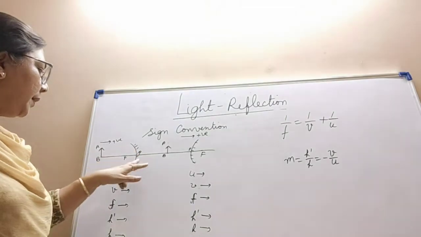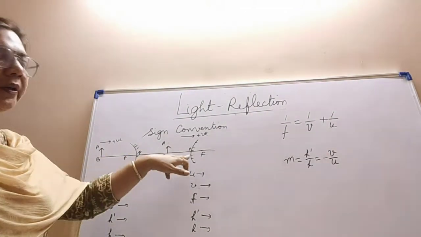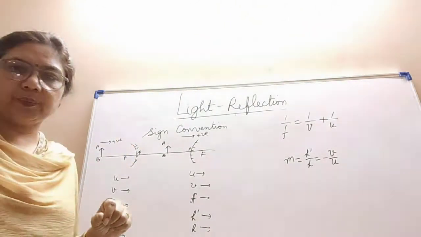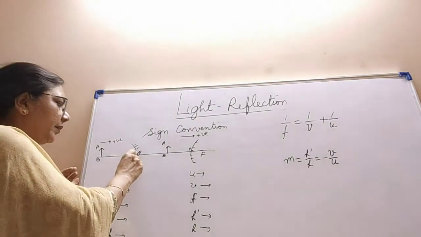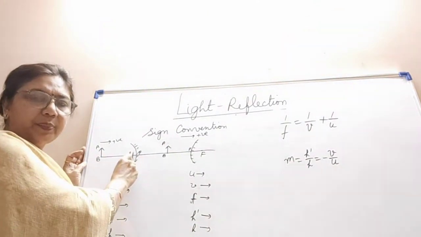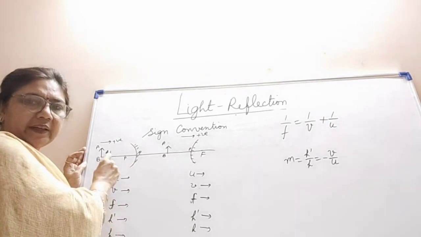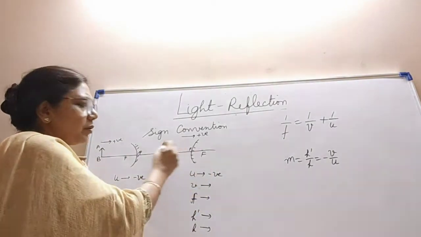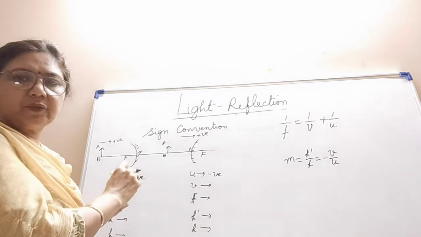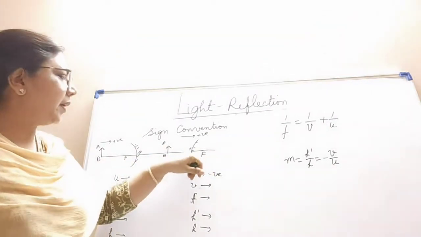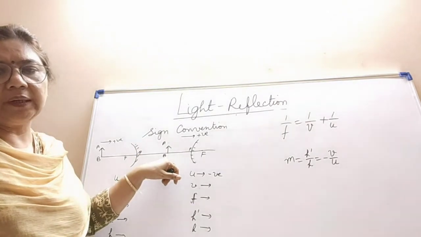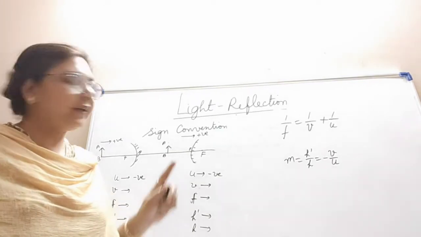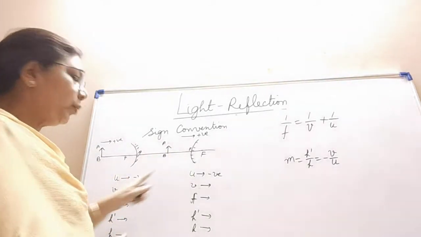Now I have made here a concave and a convex mirror. For the concave mirror, u means the distance of the object. When we take the distance of the object, we have to start from P. In which direction do we have to move? Negative direction. So u will be negative, always. In this case also, the direction of the incident ray is from left to right, and to measure the distance of the object we have to move from right to left. Remember, you have to assume that 0 of the scale is at P. So now u is negative.